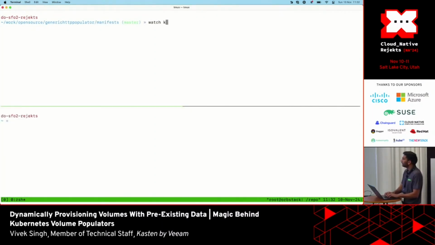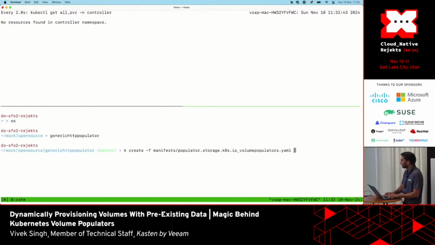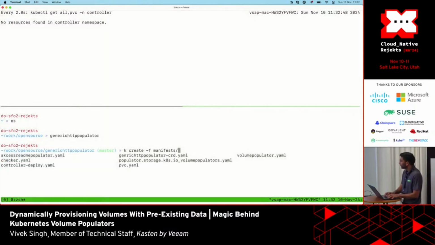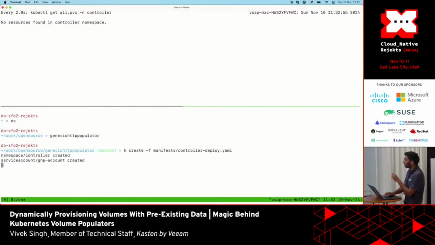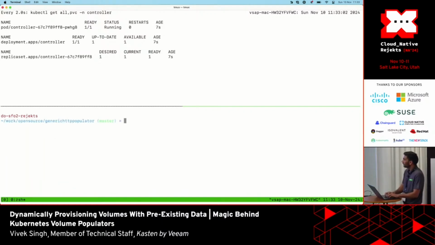So I'm going to install everything in the populator namespace. Sorry, controller namespace. That is not available right now. So it's going to deploy the populator controller in the controller namespace, and we should be able to see all those things coming up right now. Now, let's just go ahead. I'm also going to